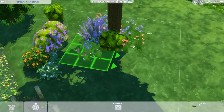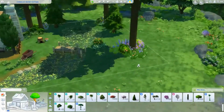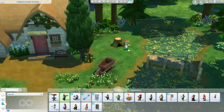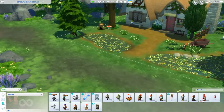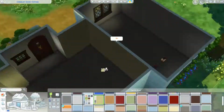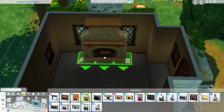I do have to say that I kind of struggled with the layout of this place. There weren't that many reference pictures that really showed where things were in relation to each other. So I made my own floor plan, but made sure that I had all the elements included, everything that we could see in the movie, all of those furniture pieces, and then took creative liberties on where things are, and also added in some furniture because there wasn't really